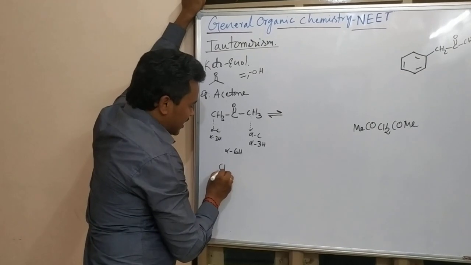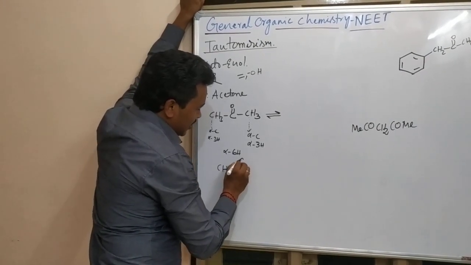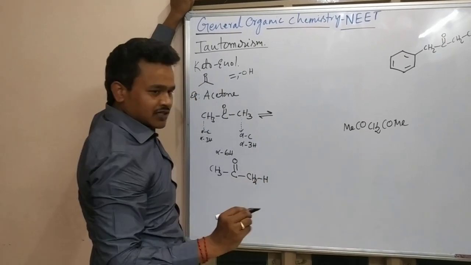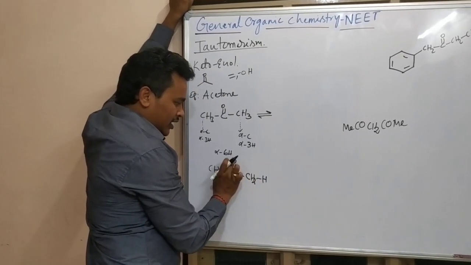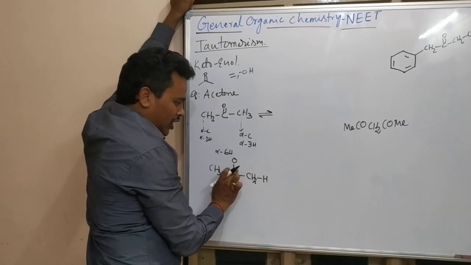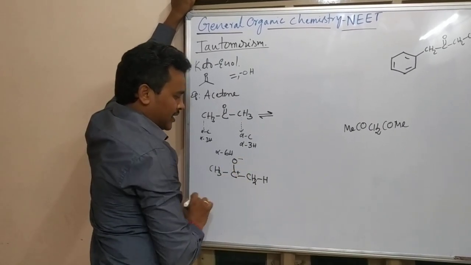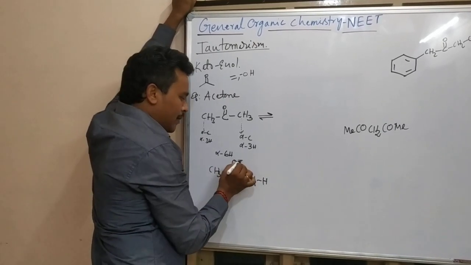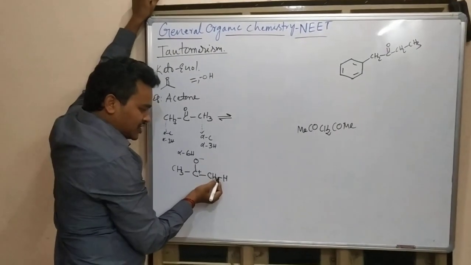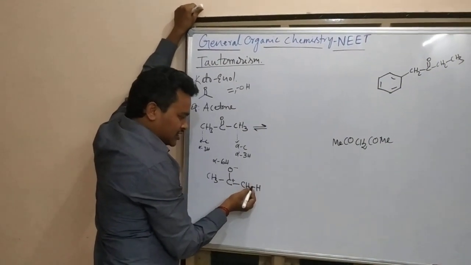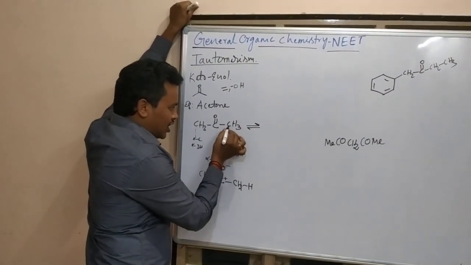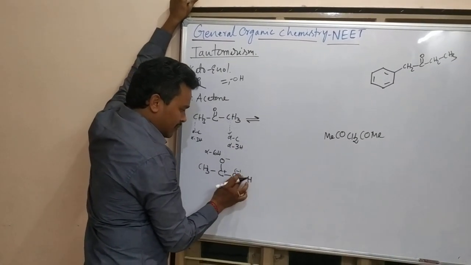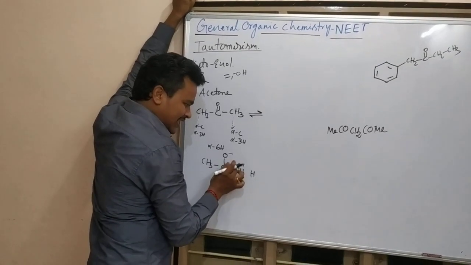That one I am writing separately: CH3, C, and CH2, H, which I am writing for my convenience. See how I am going to break it. Here, this double bond I am going to break, and I get O minus, C plus. That means the bond is shifting to this side. For understanding, I am writing minus and plus. Here plus is there, so what charge has to form here? A minus charge. This CH bond is going to shift this side, so I write the minus charge here by breaking the bond. The bond electrons are shifting this side.